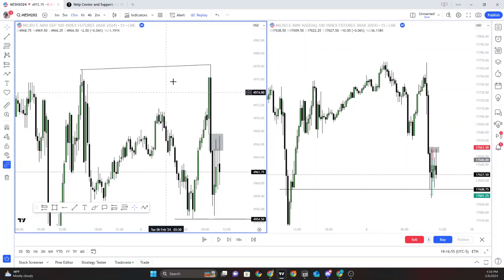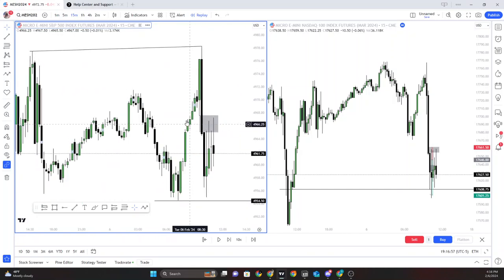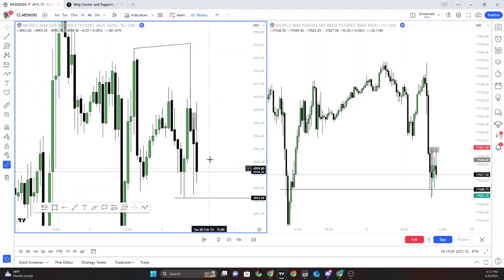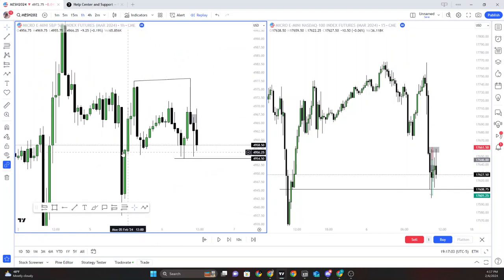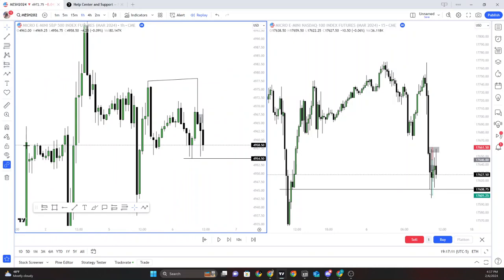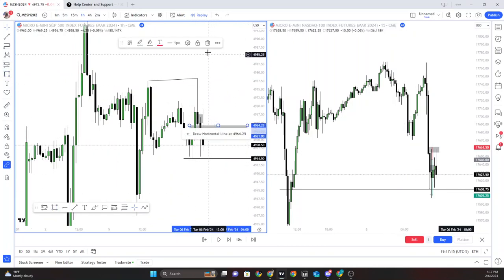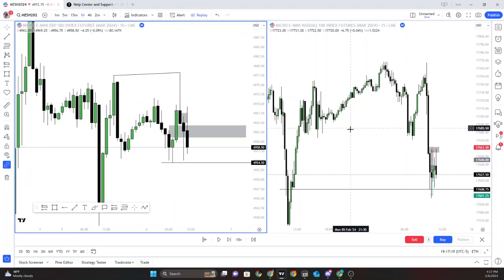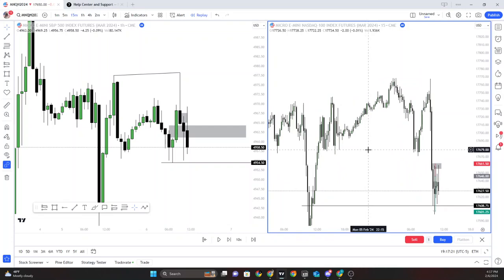So this is a trading recap. Going into the market, at first I was actually bullish because on ES we had this delivery off of the sell side, which did not inverse this fair value gap. So I was bullish coming in because we had this fair value gap. However, I was not overly biased as some people would be.